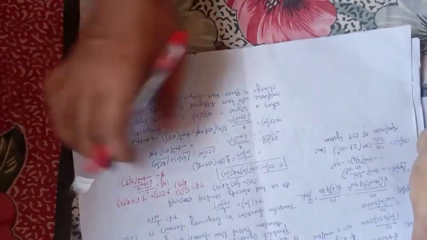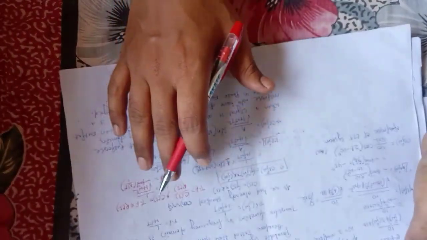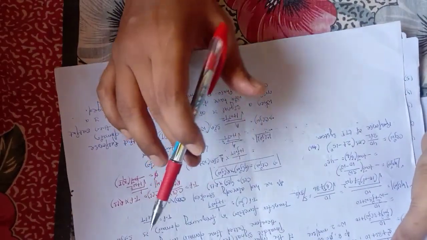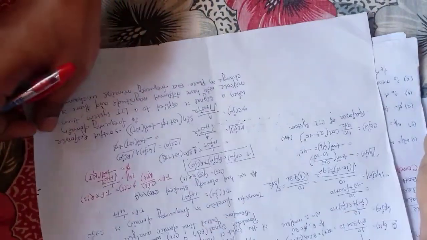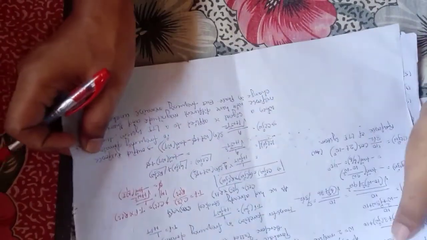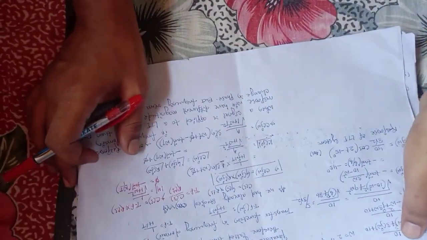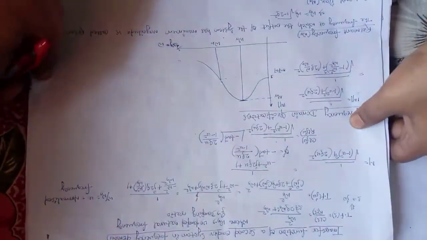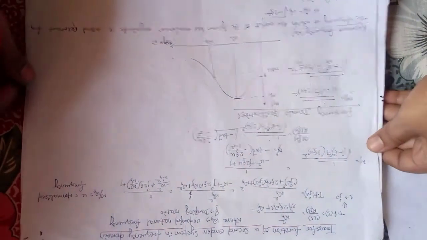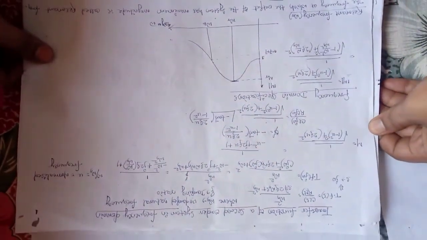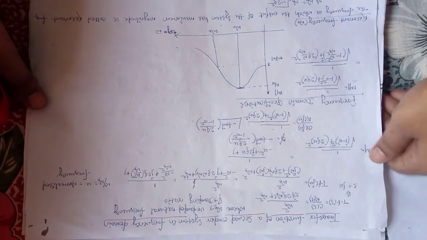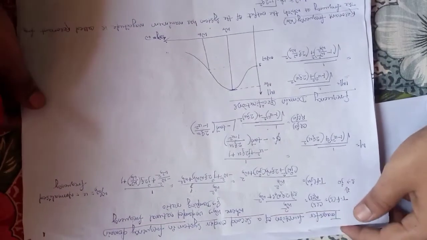So here we have analyzed a simple form, that is a first order transfer function, but our main analysis is on the second order transfer function. So we will see how the second order transfer function will change in frequency domain. Transfer function of a second order system in frequency domain.